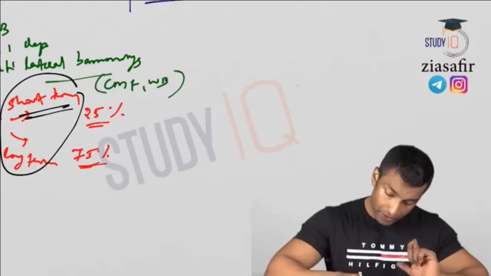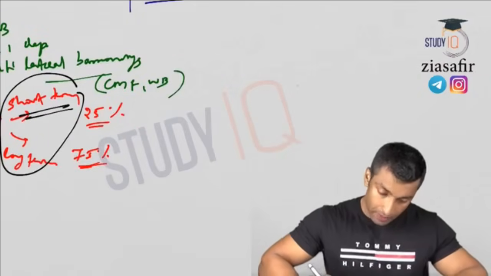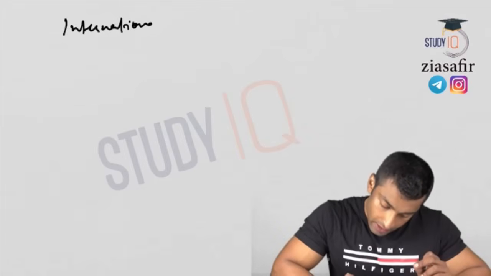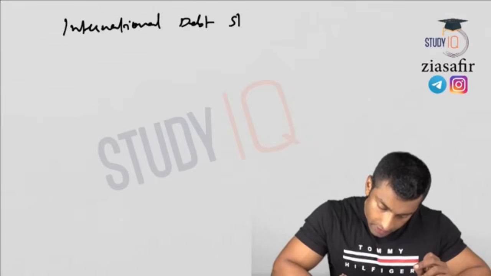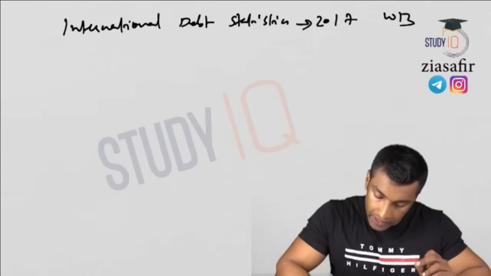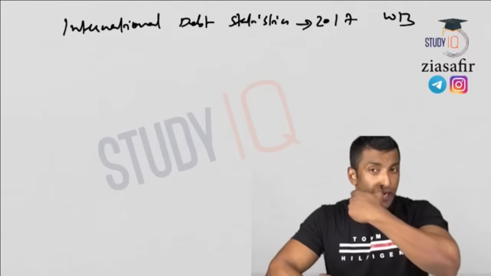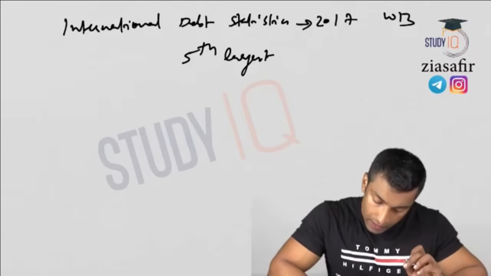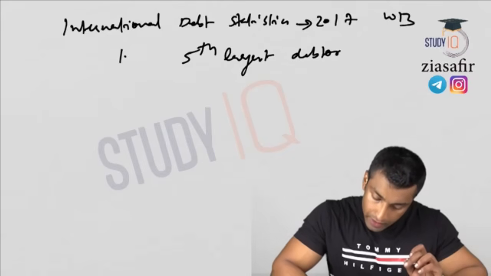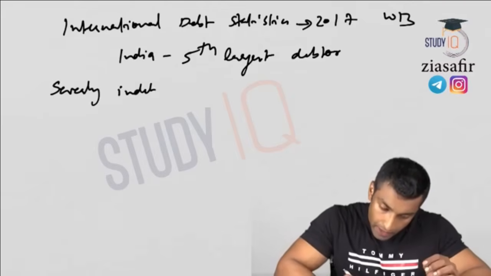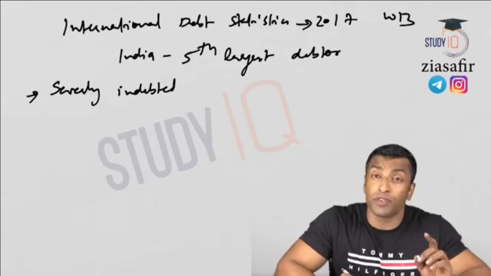Now one more interesting fact which I want to give you here is the International Debt Statistics 2017, published by the World Bank. You know what was India's position? India was the 5th largest debtor in the world. Okay, and they have given the classification severely indebted, based on the vulnerability,